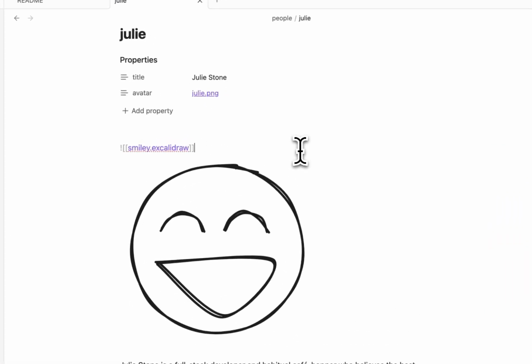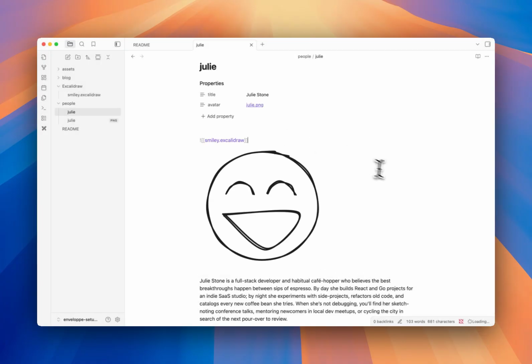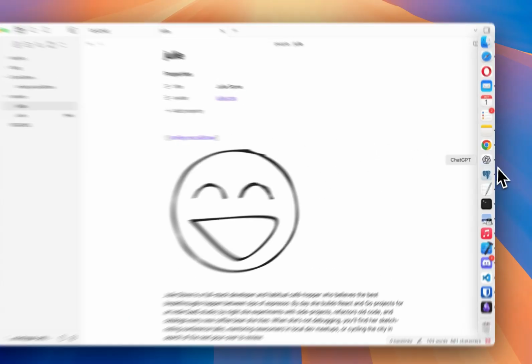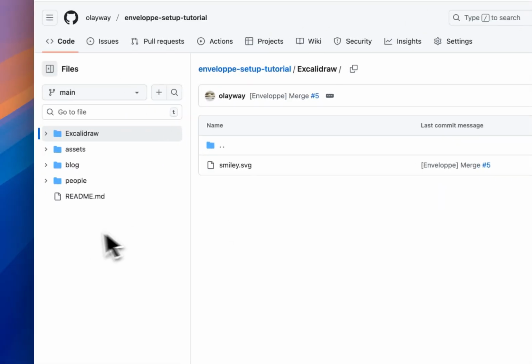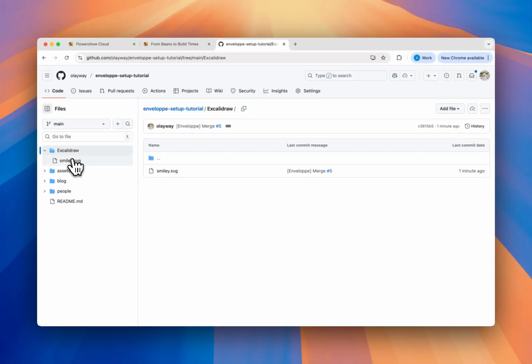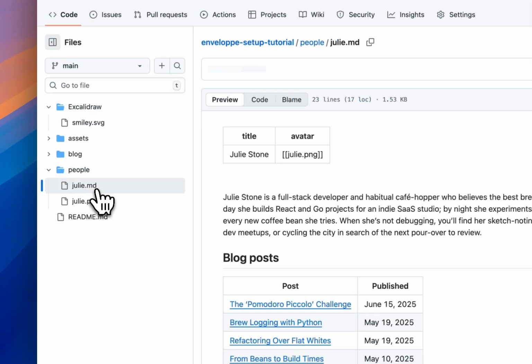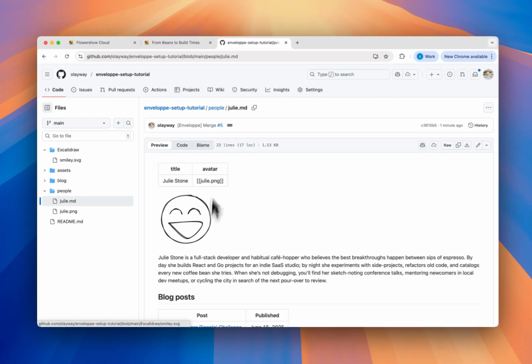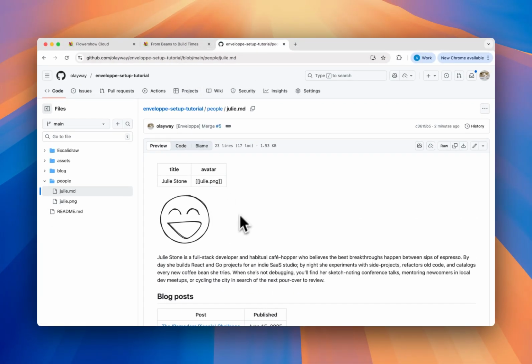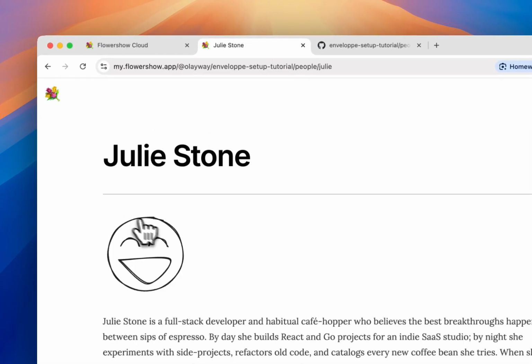Okay, and let's upload this single current active node again, and let's go to our repo. As you can see, our Excalibur drawing is here, and it's already converted to SVG. There's no original file, and it's here as well. And let's see if it rendered in Flowershow. Okay,